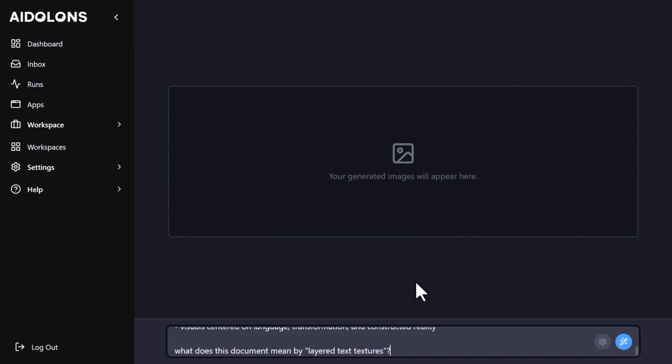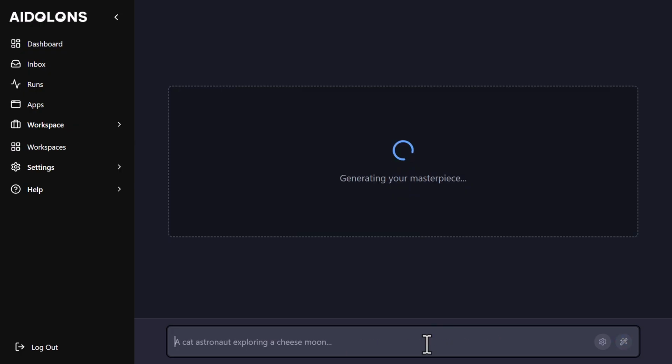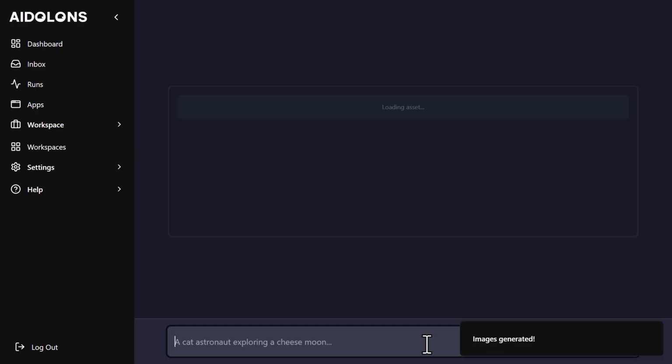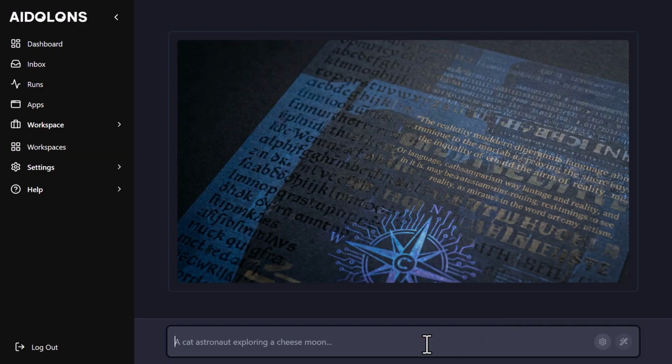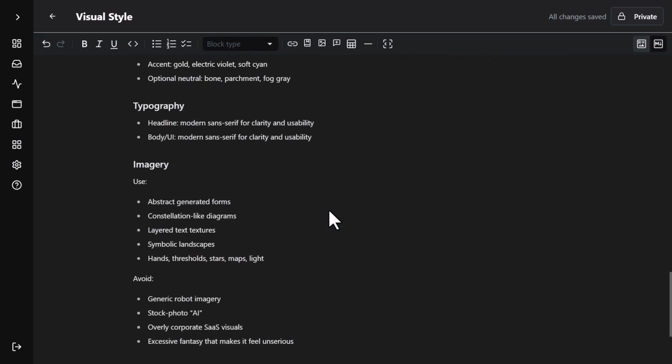Layered text textures. Create an example in context. And this is important because I don't want something in one of my documents if I don't know what it means. When AI does the worst job is when you leave it to its own devices, when you leave it to figure it out on its own. What the heck? This is incomprehensible. But you know what? This is actually a result, because we need to know that every word in our document is going to be clear and coherent to the AI that's consuming it. And if the AI consuming it is an image generator, and the image generator gives me back something incoherent, then that is absolutely not a line that has any business in our document.